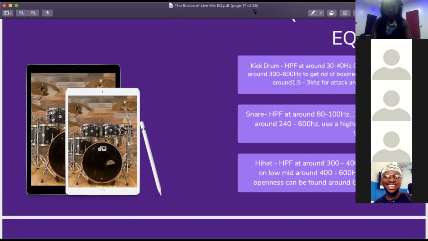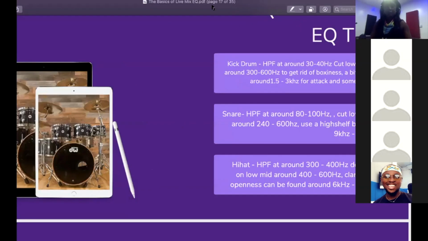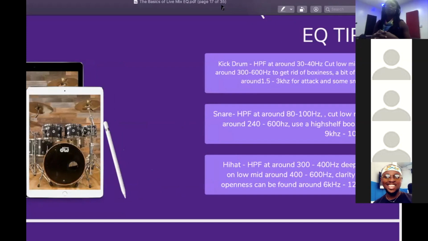Can you all see my screen? Okay, so you now cut the low mid, because most of the time the low mid is where the muffled sound is. When people tell you, oh, I'm having a muffled sound, you want to treat somewhere around the low mid, which is somewhere between 200 to 600 hertz or 300 to 600 hertz. All right, so you want to use a very wide Q to be able to take out some of the frequencies, and don't overcut. All right, so coming to the snare, you can see that